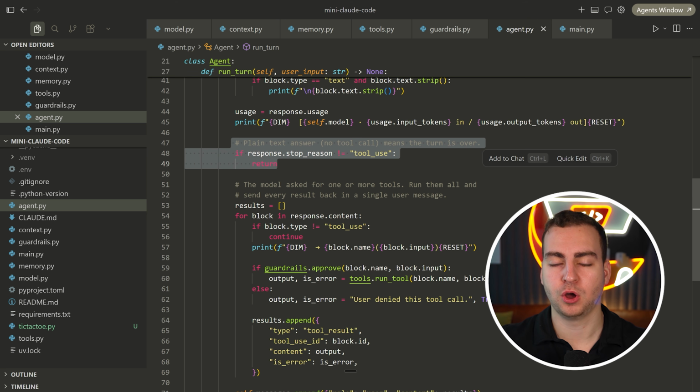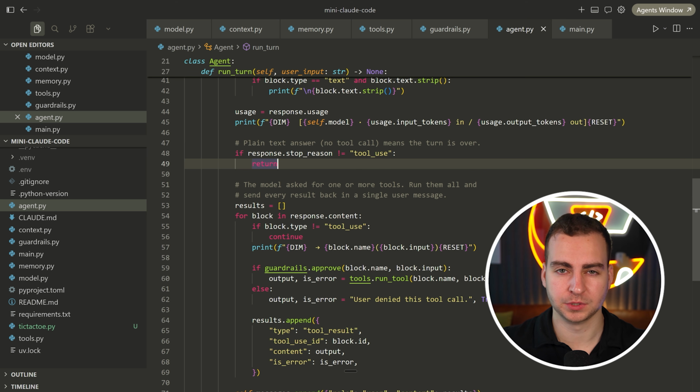Next, we check if the model wants to stop. So this is the piece that probably you're not aware of. How do we know when to stop? Well, the model will actually tell us directly if it wants to stop. Usually, it will do that by just giving us a text output. So if it doesn't call any tool, it means it's not waiting on some response. So we can just immediately terminate it, and we don't need to keep triggering it